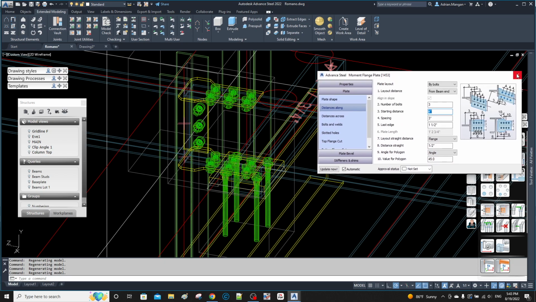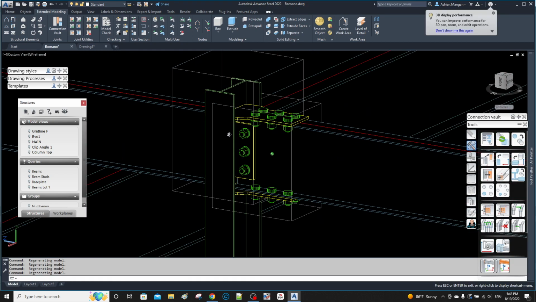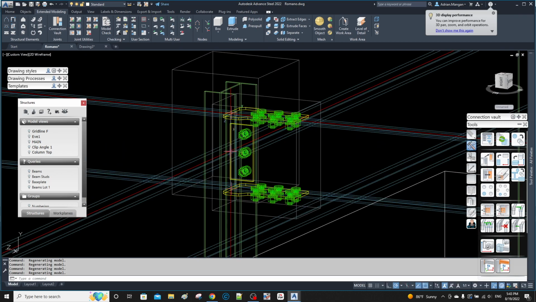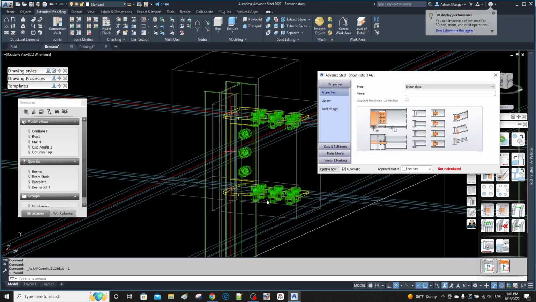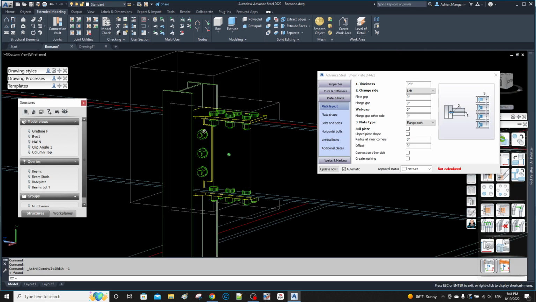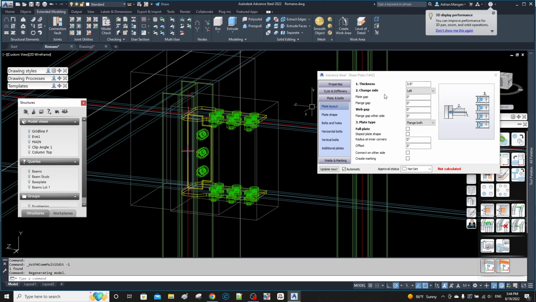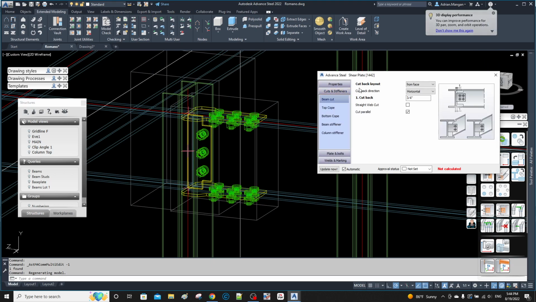And now we're going to go back to this other plate, this other shear plate, and advanced joint properties and plate and bolts. So the plate type, I want flange both. So now it's gone up to both of those plates, but my beam is too long, right? So let's see, check our cutback on our beam. Our cutback is